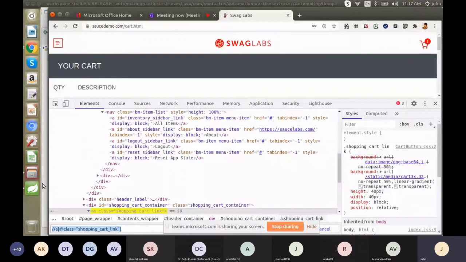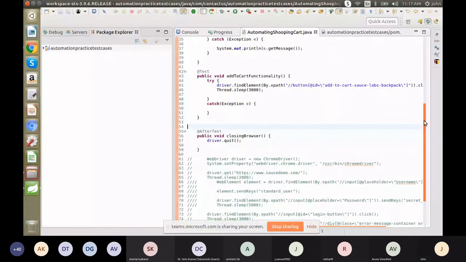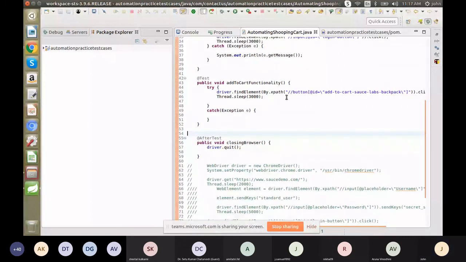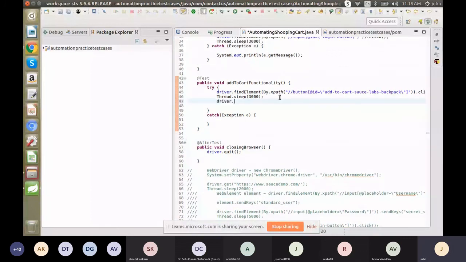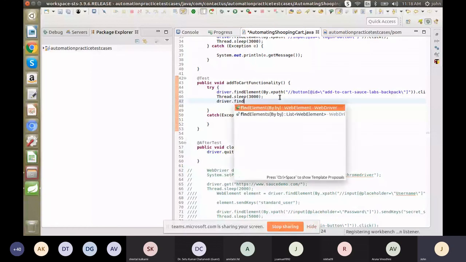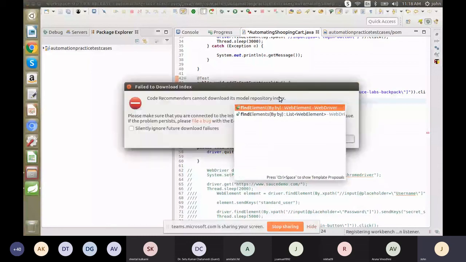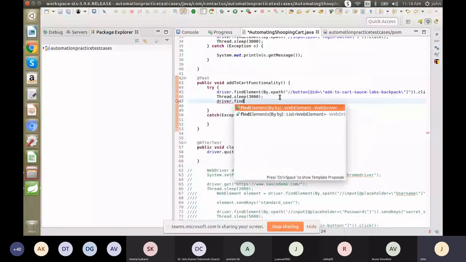Then what you have to do? Once the add to cart functionality is done, then we have to view the cart, right? Same thing, driver.findElement.